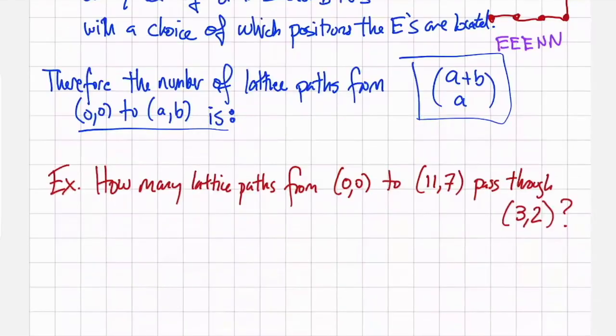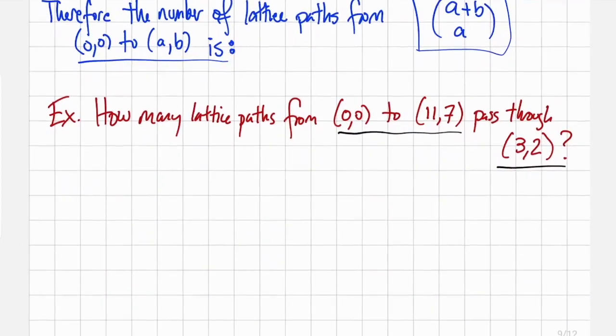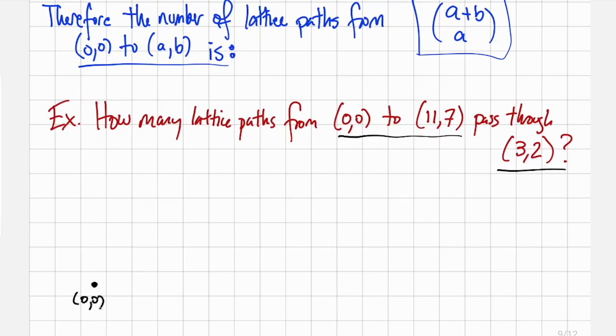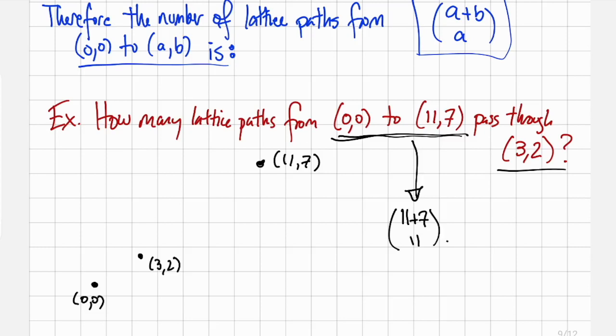Let's use this to do an example. How many lattice paths from (0, 0) to (11, 7) pass through the point (3, 2)? Let's draw a picture. We're starting off at (0, 0), and we're going up to (11, 7). And we need to pass through the point (3, 2). If this question had been how many lattice paths go from (0, 0) to (11, 7), we would know that the answer is 11 plus 7 choose 11. And those paths can avoid (3, 2). But if we make the restriction that the paths have to go through (3, 2) on their way to (11, 7),